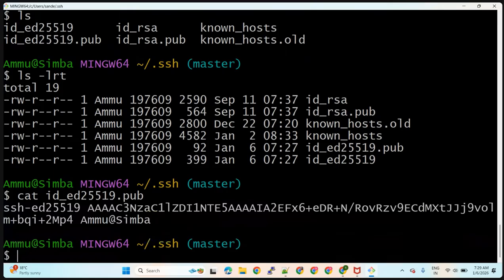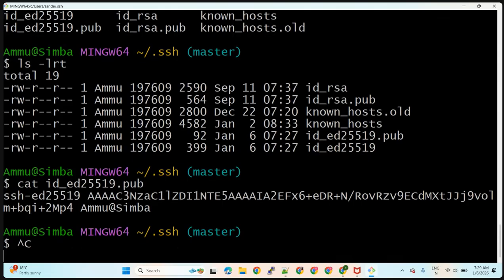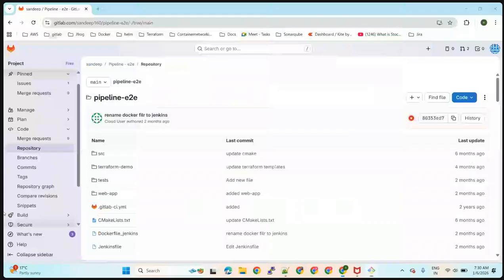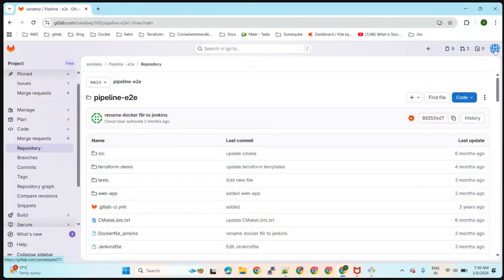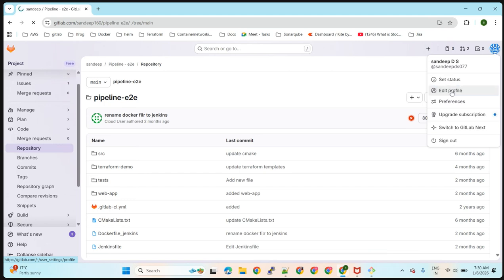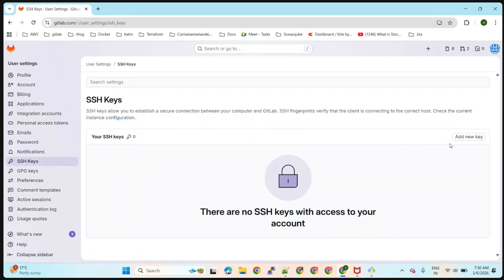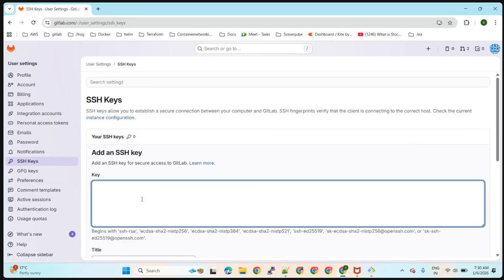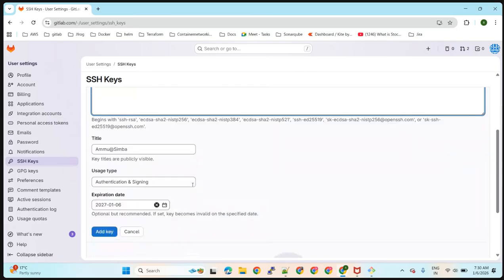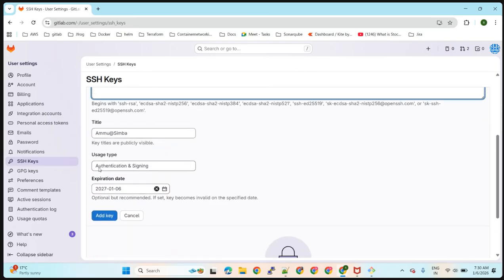So we'll have to copy the public key into GitLab, because to connect remotely we have to go with the keys only, the public key. Where we need to connect, we go here, click on profile, click on edit profile, go under SSH keys, click on add new key, and copy the key here. Title you can keep anything, and the expiration date